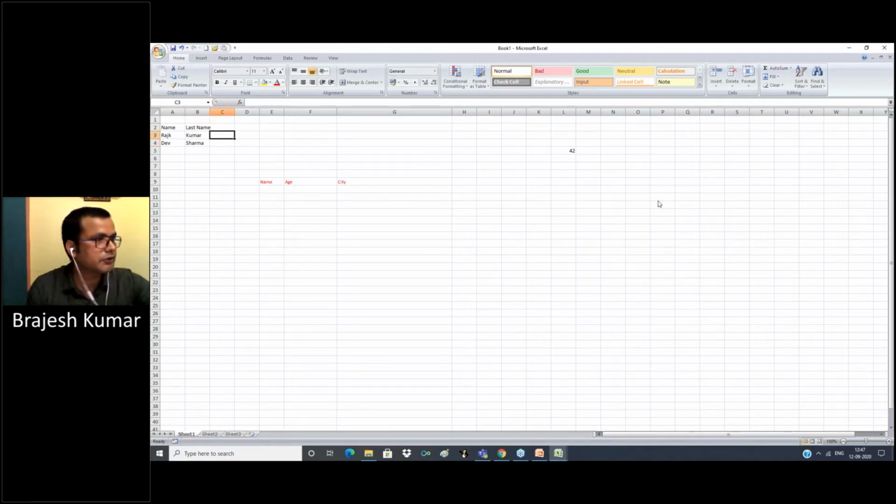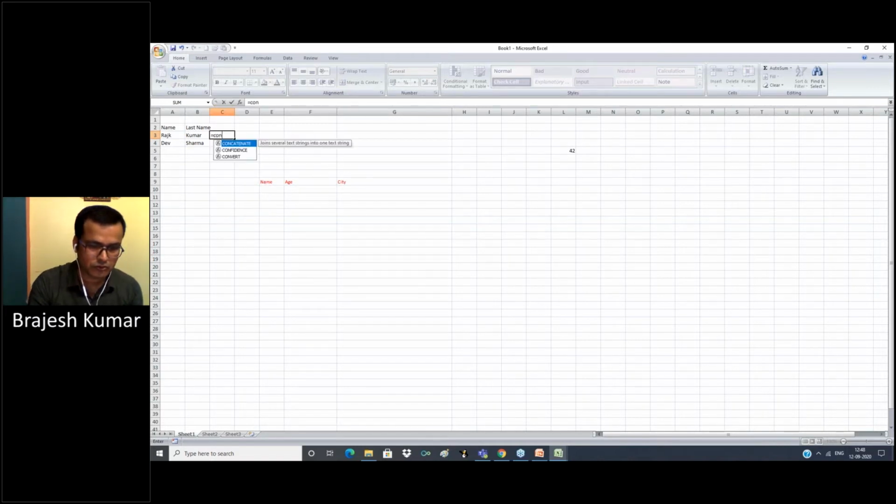CONCATENATE is used to join two texts or strings. What is the formula of concatenate? Any formula we start in Excel with equals, so first equals CONCATENATE, bracket, text1, comma, text2, click Enter.